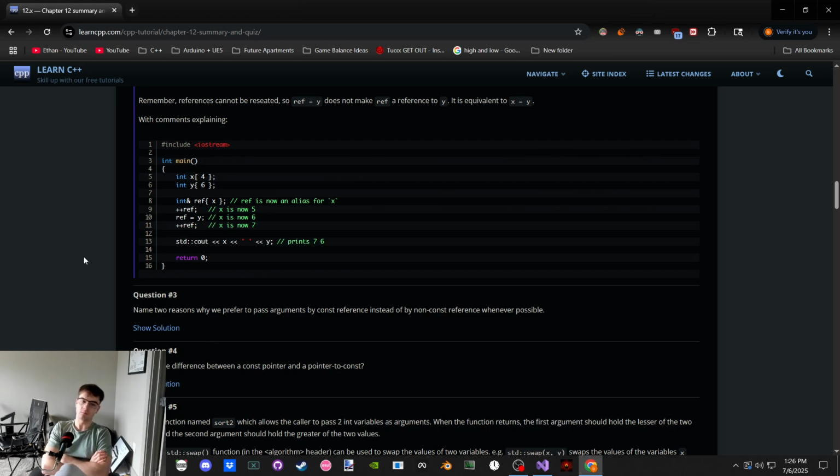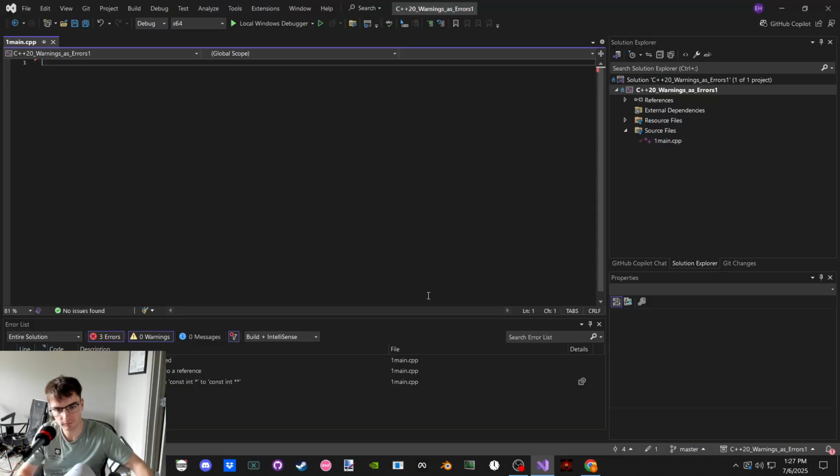The reference prolongs the lifetime of the R value until the reference is destroyed, which is at the end of the function. Something like that. And that works, right?